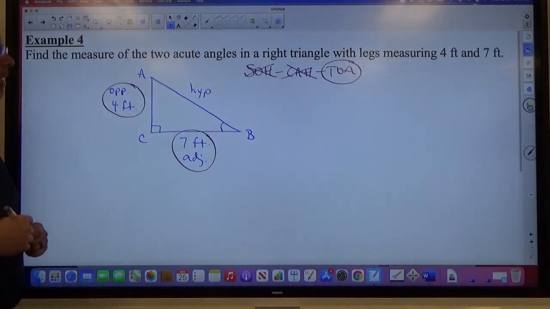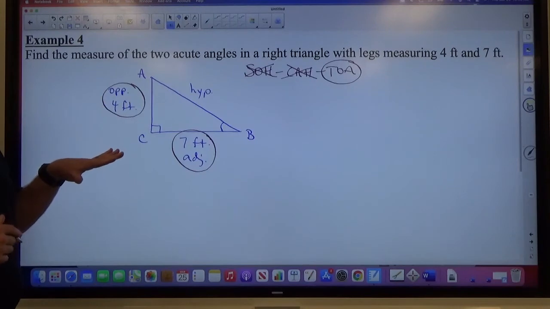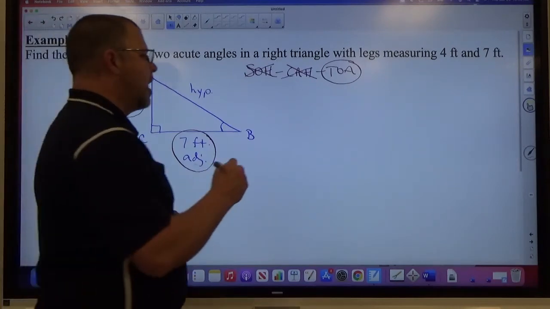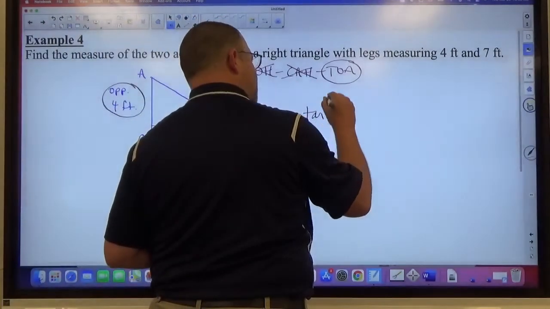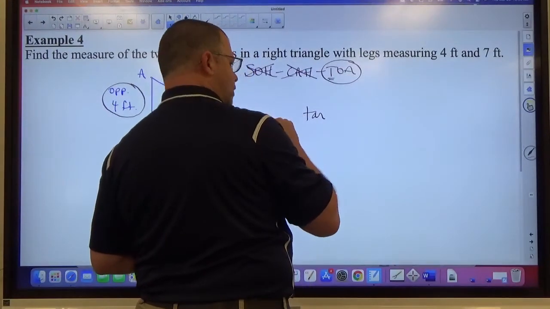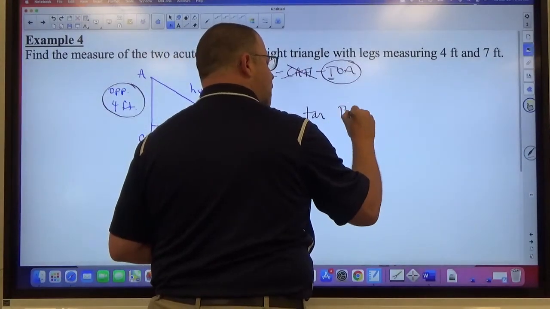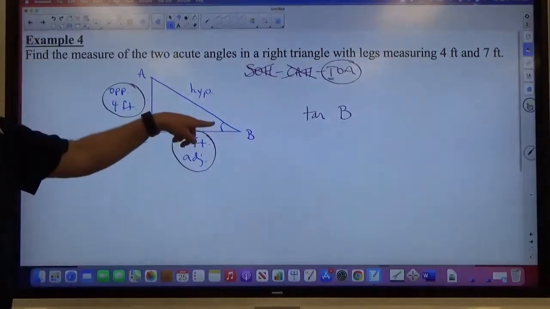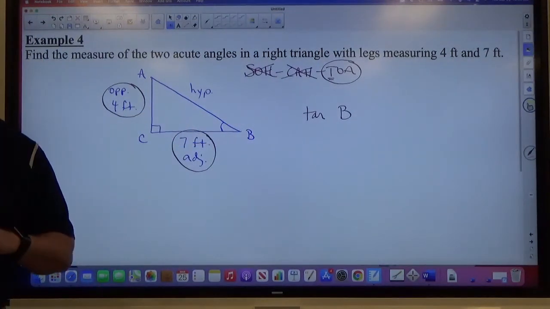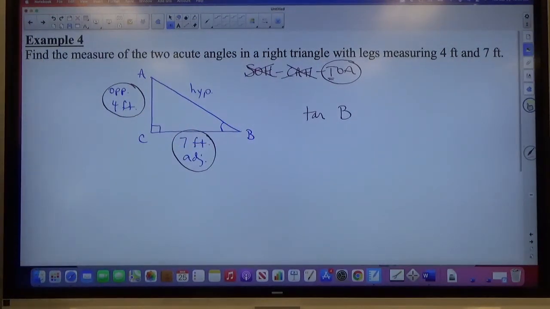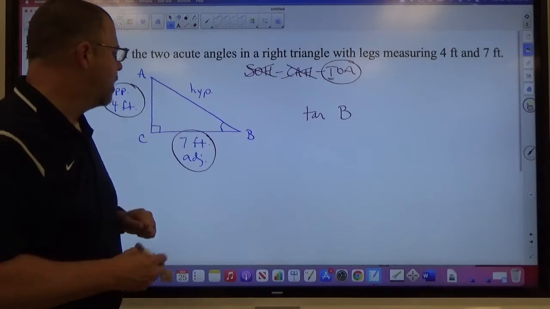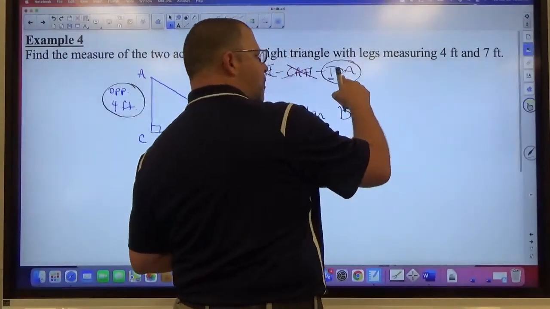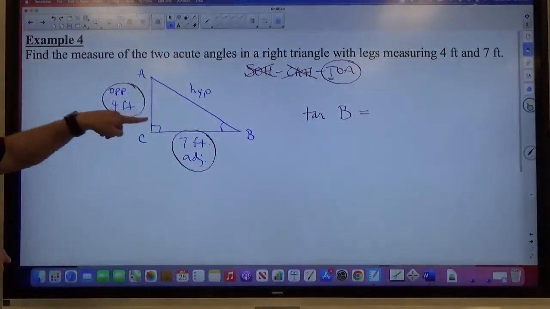Okay, with that in mind, if I was to write a trigonometric expression out of this problem, I'm going to write tangent, because we're doing T for TOA, tangent, right? Of the angle we're working with, which Cody said, let's find B, so we're doing tangent of B. Always have a trig function of an angle, always. If you know the angle, put the number in. If you don't, put the letter in that represents the angle. So in this case, tangent of angle B equals opposite over adjacent, opposite 4 over adjacent 7.